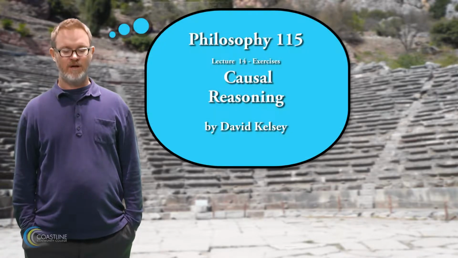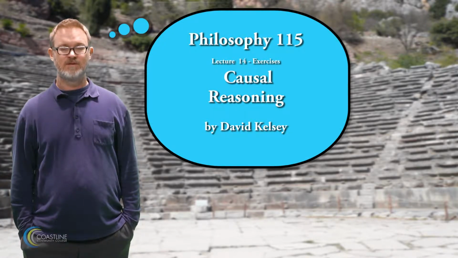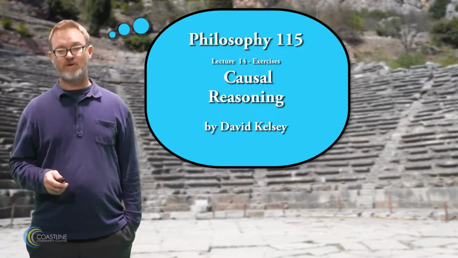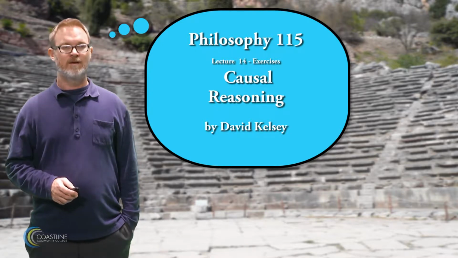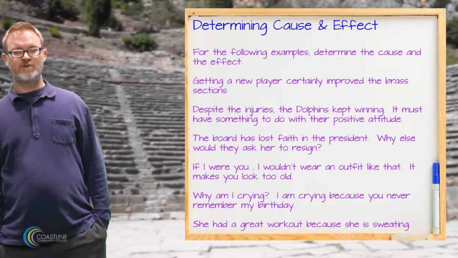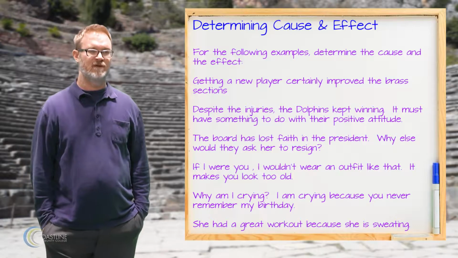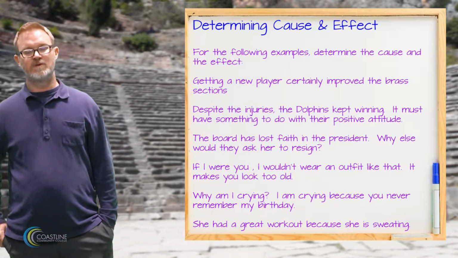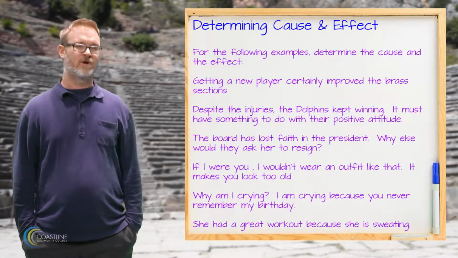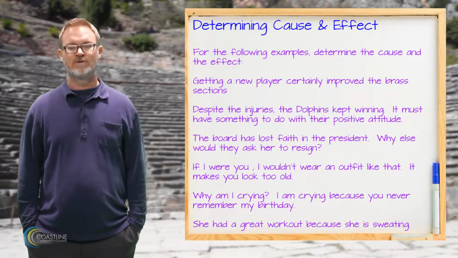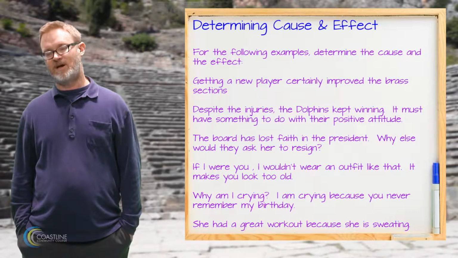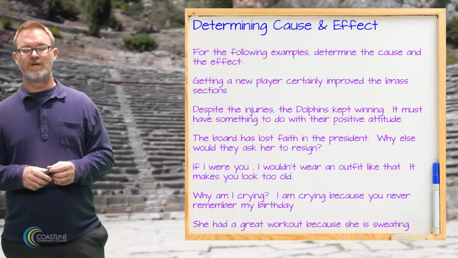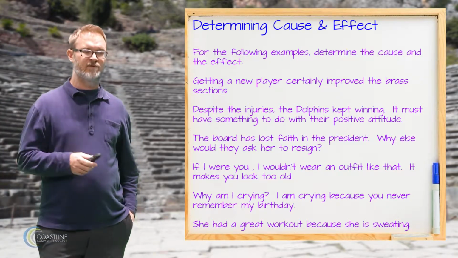Today we're going to be working on some practice exercises for my lecture on causal reasoning, lecture 14 of the critical thinking class that I run. And so the first set of exercises, we're going to be doing about 6 of these. And the 6 exercises, we're going to just quite simply try to determine what the cause stated is or implied, and then what the effect of that cause is. Okay, so just try to determine the cause and the effect involved in each of these